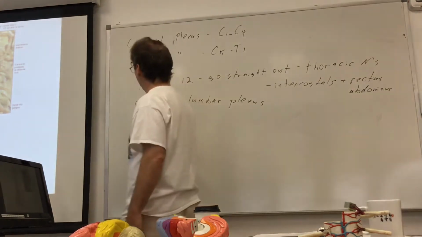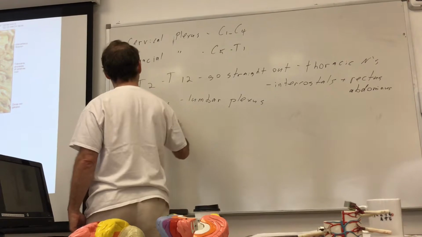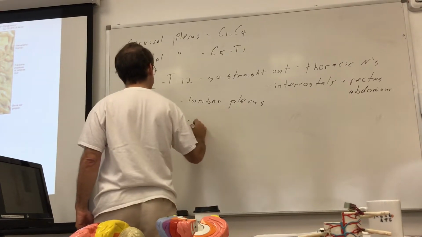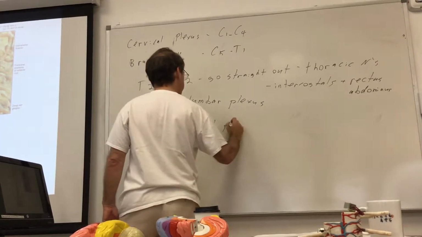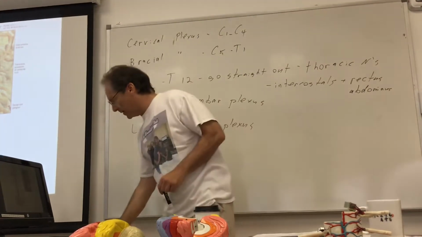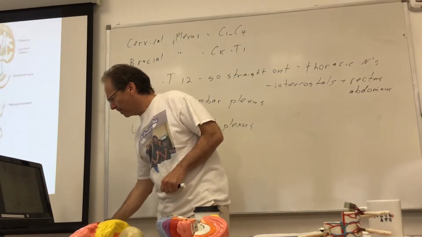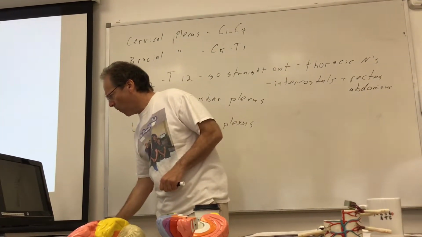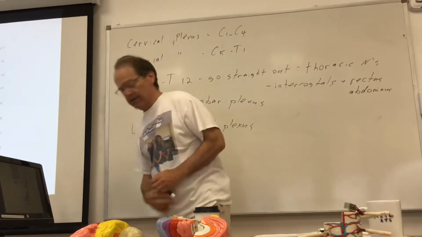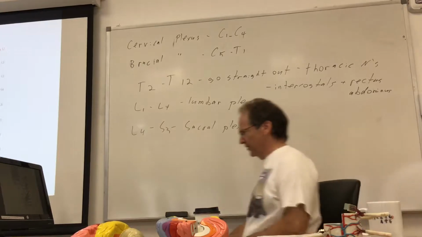And then you've got L4 to S3, which is going to be the sacral plexus. There is a bit of an overlap here, right? L1 to L4 and L4 to S3, and that is right somewhere right here. So if you take a look at this line,